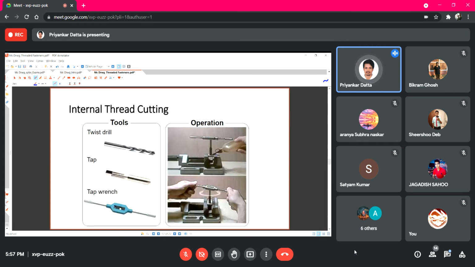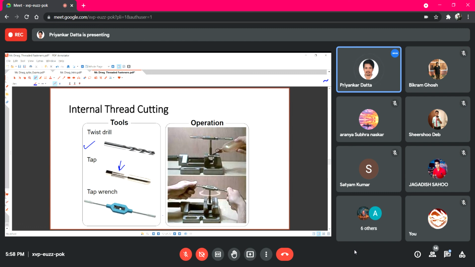Similarly, for internal thread, first a twist drill is used to make a hole through the object where the thread is required, and inside that then this tool, the tap, outside of which some teeth are there, helps in cutting the thread profile.